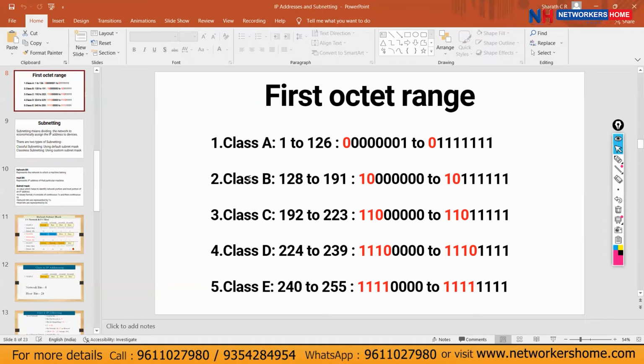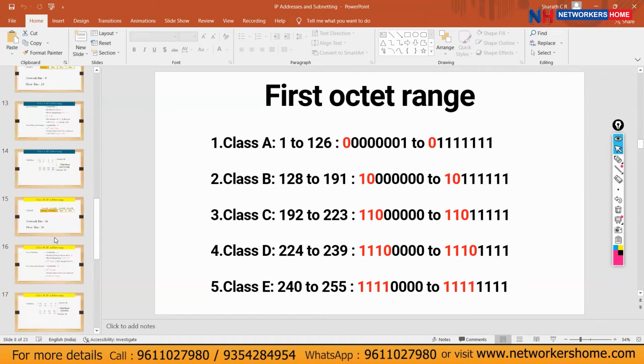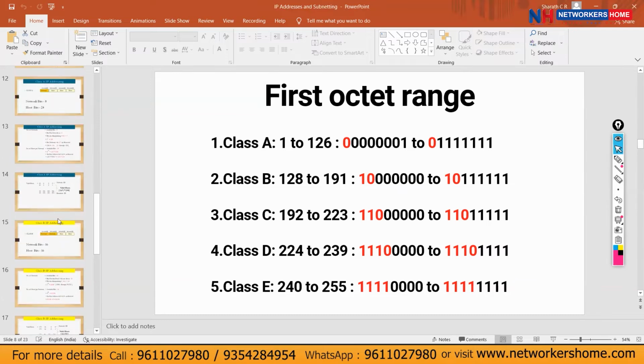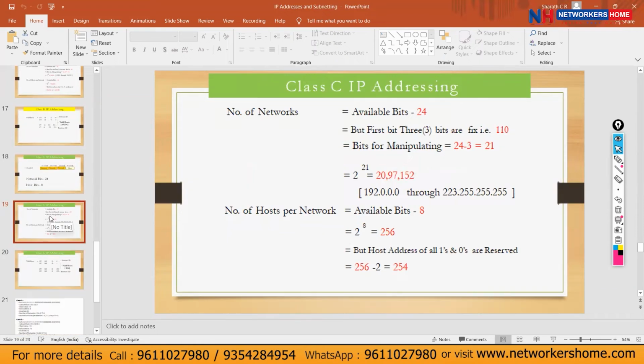We can use other ranges that will become classless. That we will learn later. We are using classful, we are learning classful now. While doing the numericals, we will learn classless. That time we will get a better picture. If I explain classless first, then you will get confused. So all these are classful subnetting, whatever we learned today. Class A, classful subnetting, we saw the theory part. Class B, classful subnetting, we saw the theory part. And this is class C, classful subnetting.